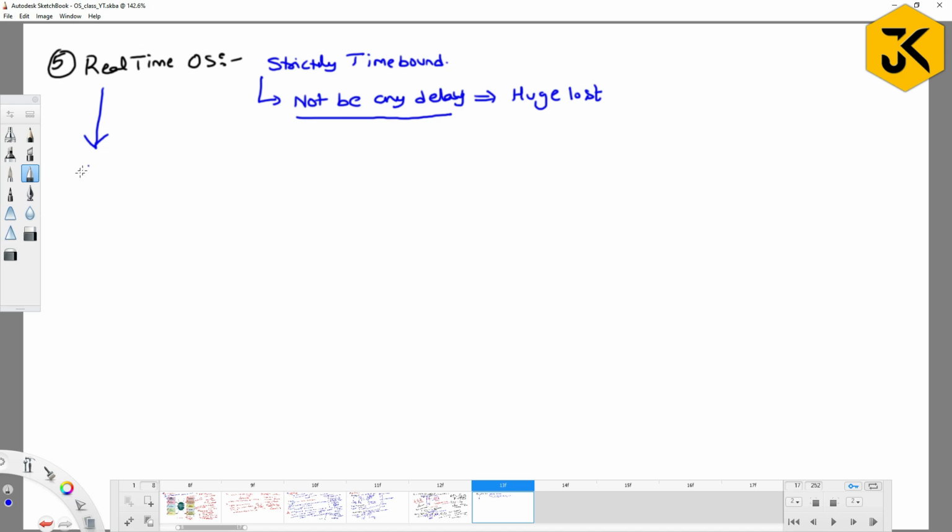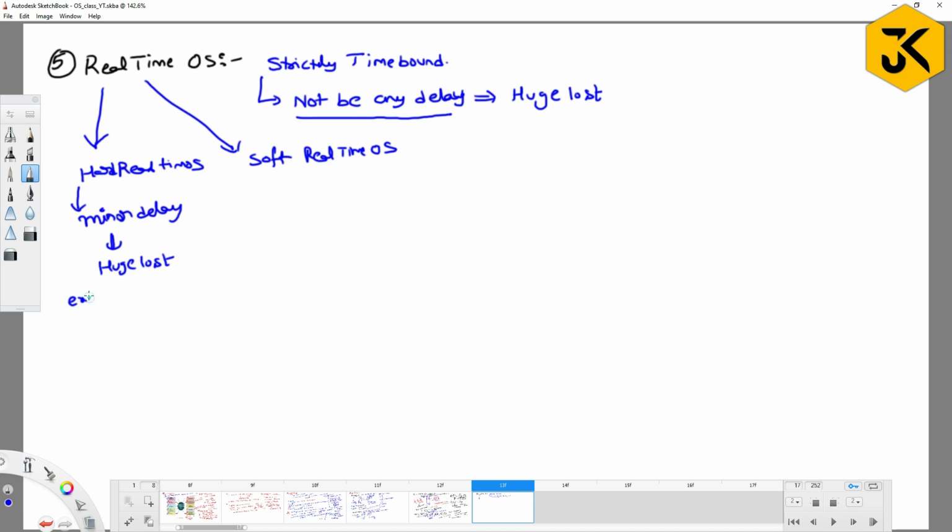In general, these will be classified into 2 types. One is hard real-time operating systems, and another one is soft real-time operating systems. With hard real-time operating systems, if there is any minor delay, definitely a huge loss will occur. If I take an example, you will get a clear idea. Something like missile systems,